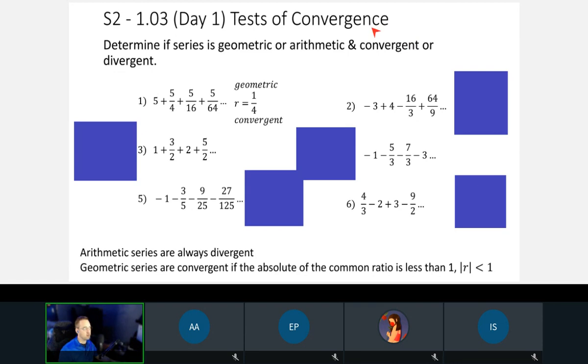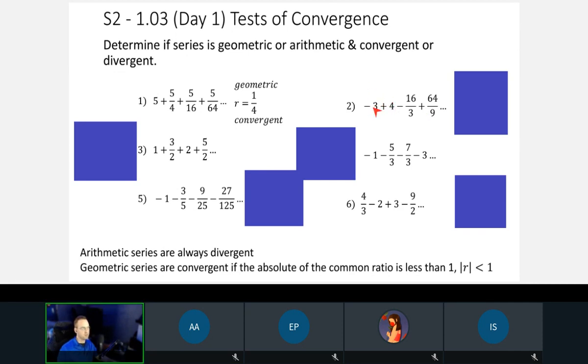Number 2 is geometric. Now, a giveaway, if you notice, it goes negative, positive, negative, positive. It alternates plus and minus. So there is no way it could be arithmetic. Remember, if you're arithmetic, you're either adding or subtracting by the same number. You can't flip-flop plus and minus if it's arithmetic. It's not possible. Yeah, so it's definitely geometric.